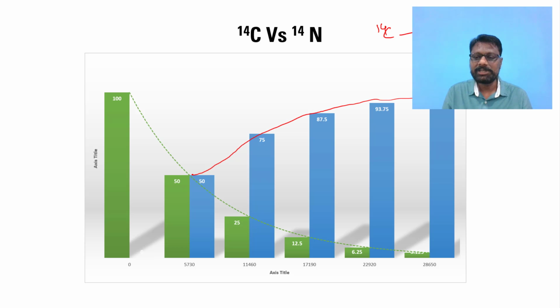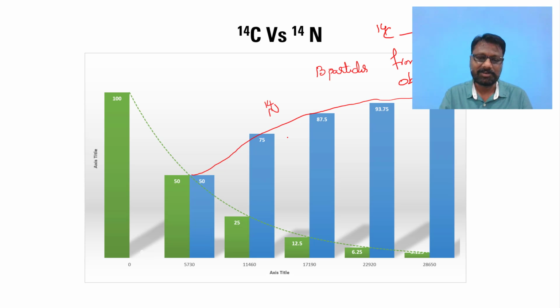Like this, the exponential growth can be seen in the increasing of N14 in the atmosphere, because C14 gets converted to N14 by liberation of beta particles from the object. So we can find out the formation of C14 from N14 and the reversible reaction of C14 to N14 in